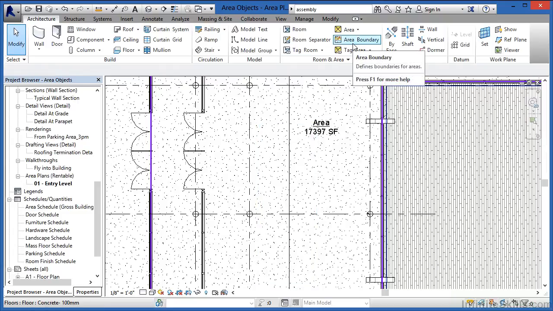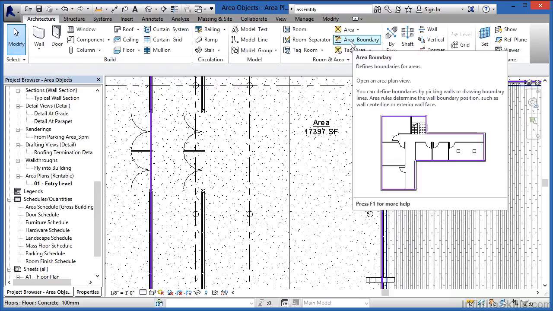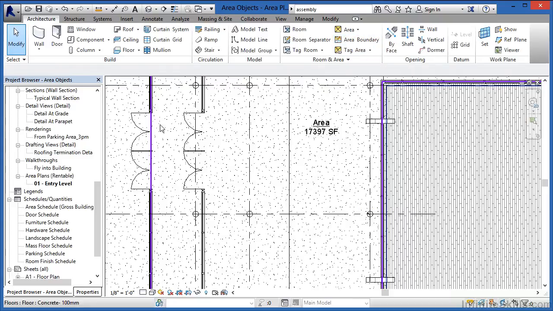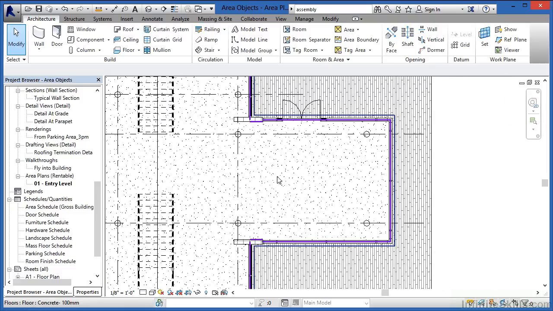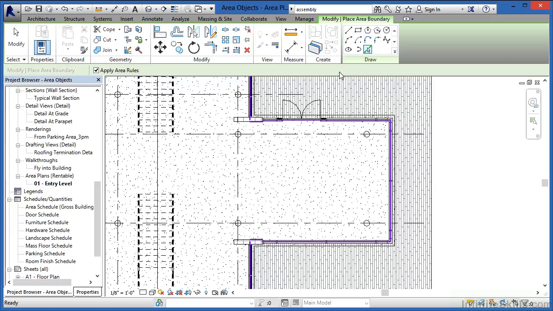And the third thing that is an area kind of object is the area boundary. Now technically these purple lines are area boundary lines. But let's say in this instance, we want to have the entrance itself be its own separate area. If we did, it might look a little bit difficult because right now there's no walls here binding anything in. And that's true, but what we can do is we can draw the area boundary line, select on this line tool, and actually draw in where we'd like our area to get bound to.